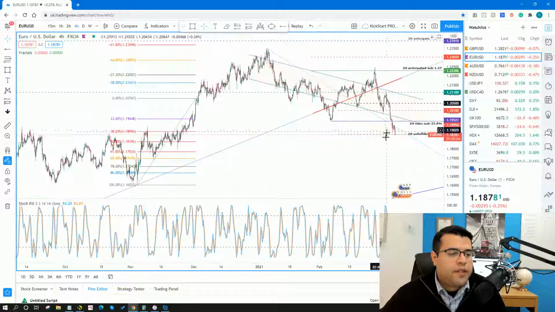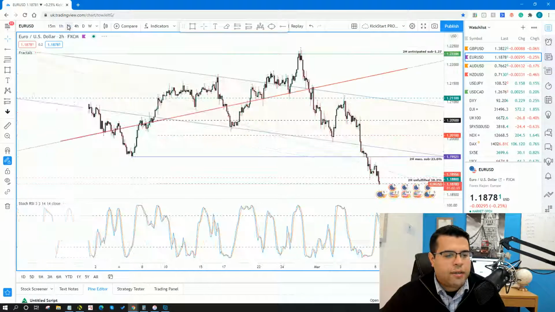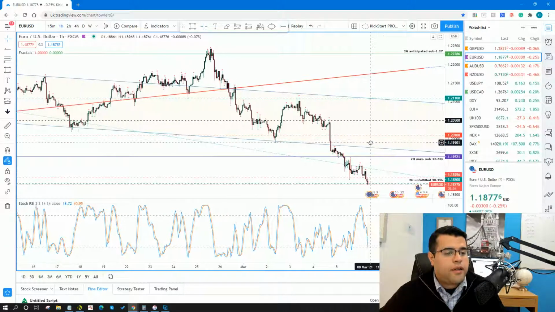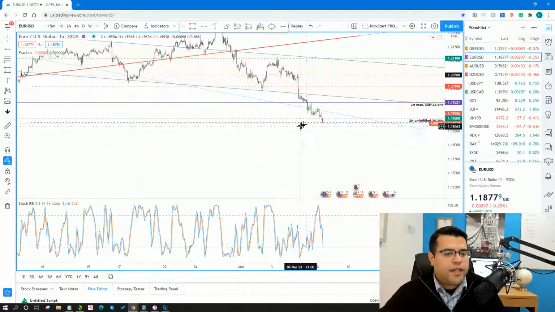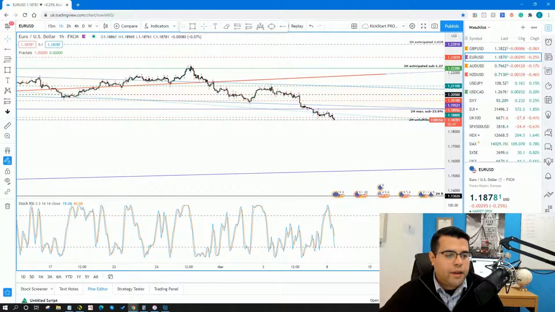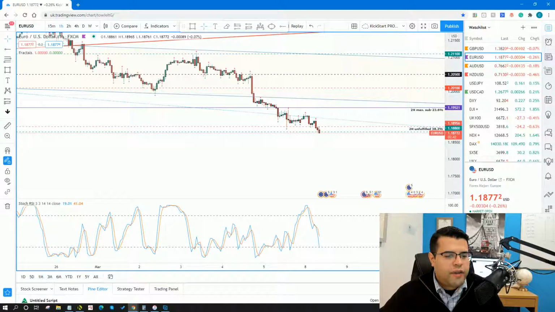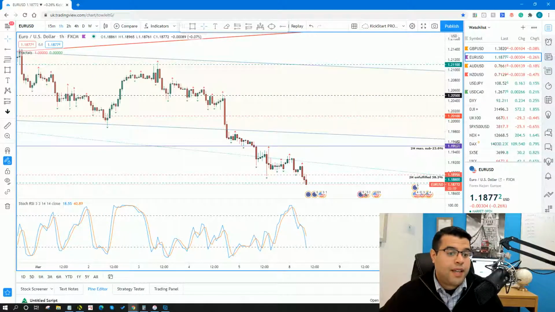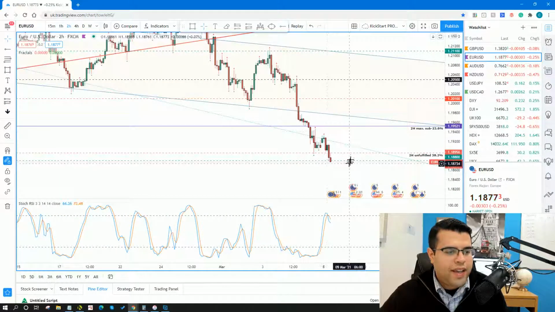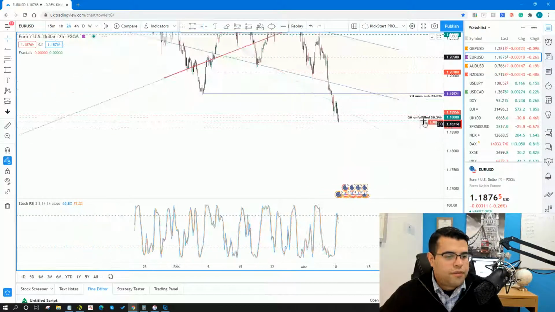In terms of an actual entry opportunity, though, that's where the wheels kind of start to come off the wagon a little bit for euro dollar, at least for the moment, for the time being, right? It may just be a case that it's just a little premature and I've just got to wait. But there is not an opportunity for me, really. Not a very safe one. Of course I can get in, but I run the risk of getting in, trying to take advantage of a sell that's already over with.